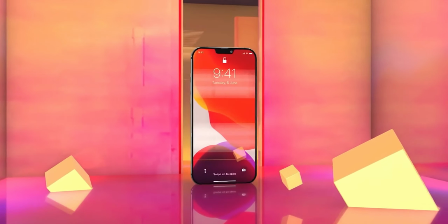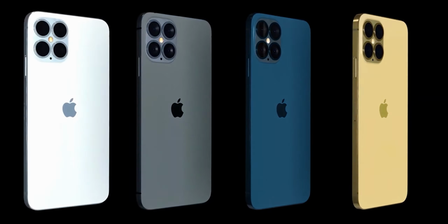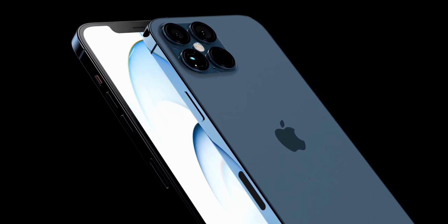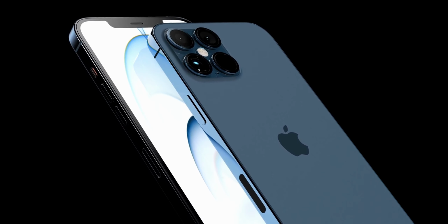The web is overflowing with all kinds of rumors about this year's Apple flagships right now. That's why I have gathered the most interesting stuff, and now I'm going to tell you about everything in more